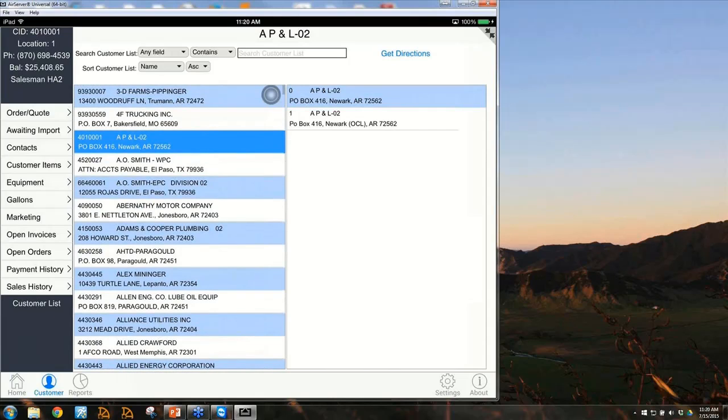But what we did is that we have some functions that the sales rep can do for each customer. So we put those all on the side, and it acts just like a tab controller would, or tab view control. Because basically all we're doing is loading up stuff. So for example, if we have this location selected, we give them some basic information, and then they have all these functions that they can perform. But when they pick any of these functions, so if we go to the order and the quote,